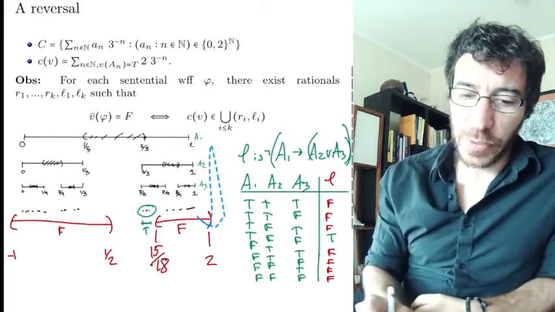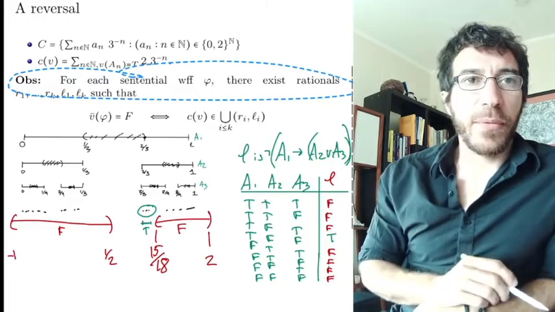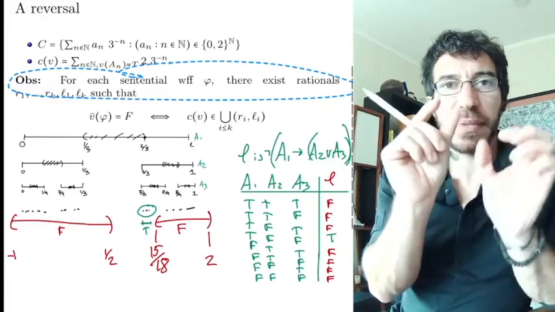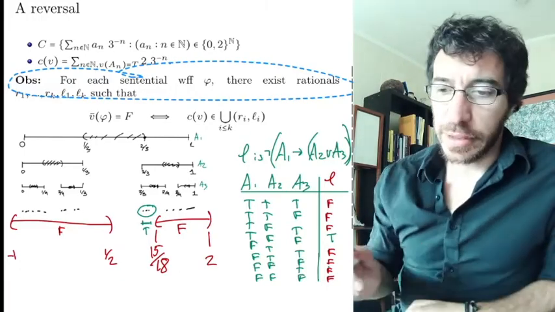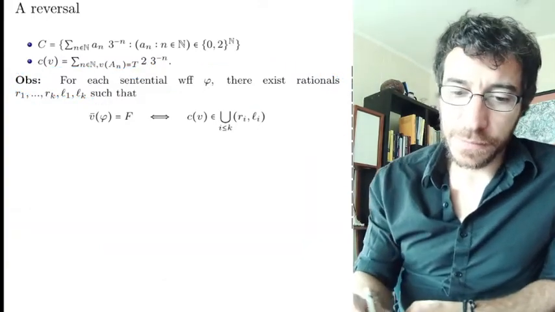Okay, and that's how we get the observation that for each sentential formula phi, we have these finitely many intervals that cover the false part. So how are we going to use that? Well, now